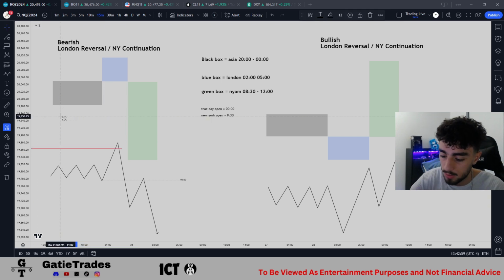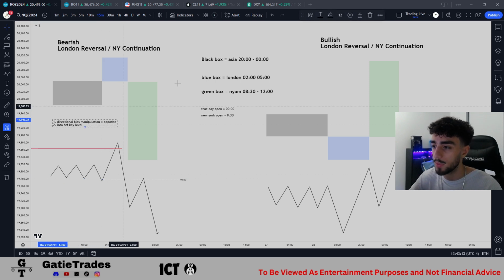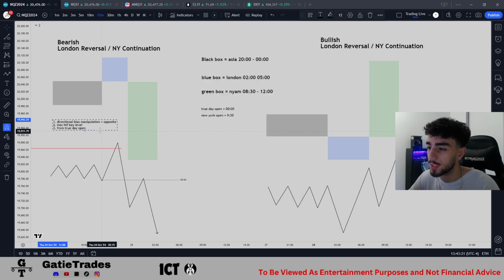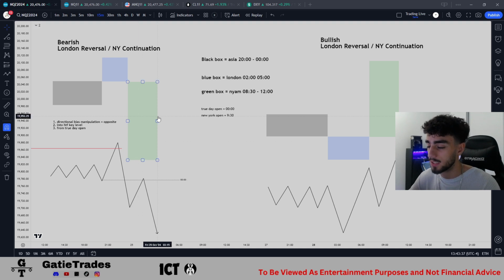So 1, directional bias: manipulation must be opposite. 2, into a higher time frame key level. The red line marks your higher time frame key level. And the last thing I'll include is from the true day open. These are the 3 criteria for the manipulation. So you have accumulation, ideally, and then manipulation from midnight opening price, opposing your directional bias, and into a higher time frame key level. Then and only then can you anticipate, not always, but I'd say 9 out of 10 times, distribution